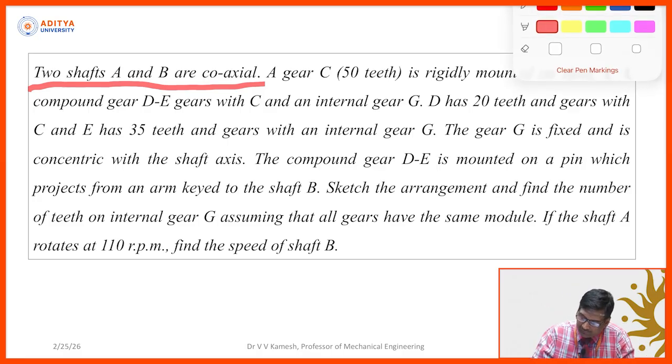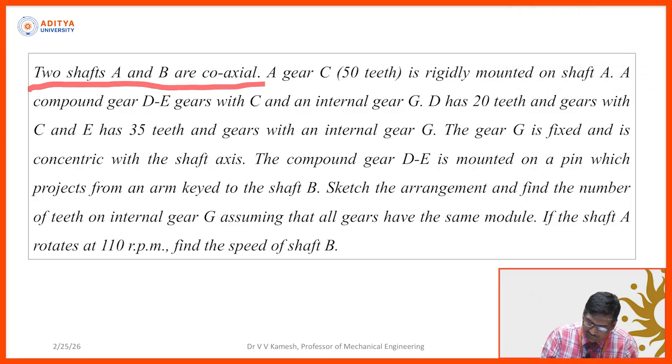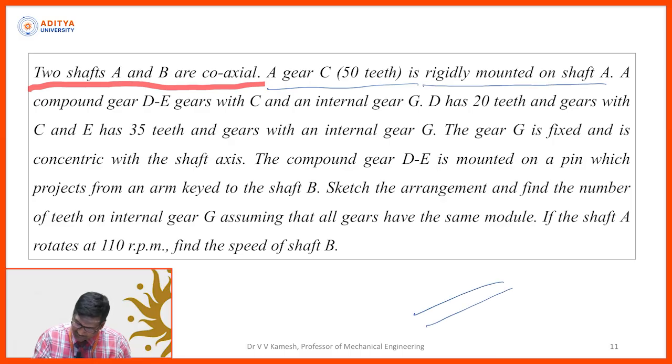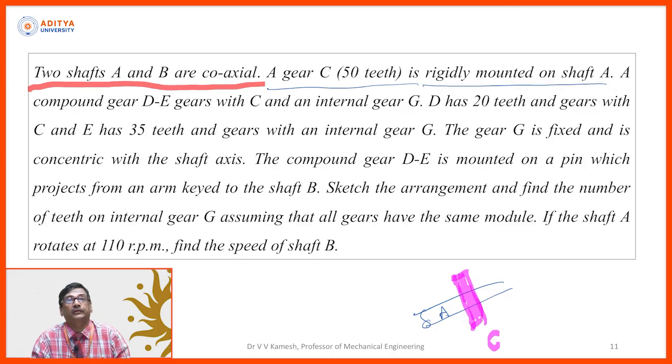A gear C, 50 teeth, is rigidly mounted on shaft A. So, this is shaft A, gear C is mounted on it. I am taking this as the gear C. So, one by one you need to add to the earlier data. So, shaft is there, gear C is mounted, we completed. Next,